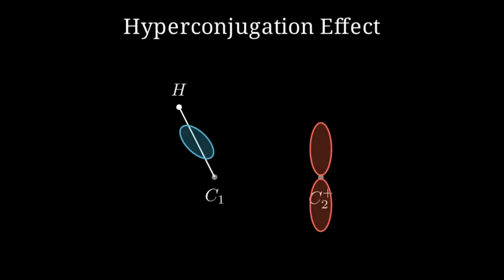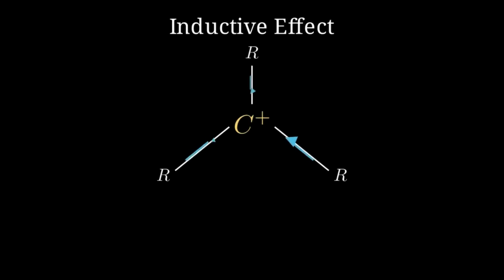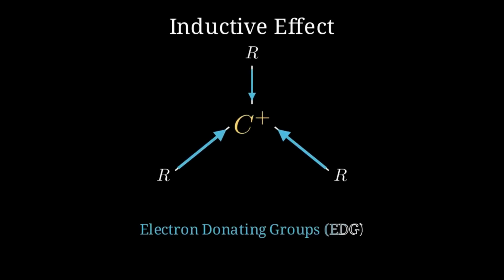Stability is achieved through hyperconjugation. This occurs when the electrons in adjacent carbon-hydrogen sigma bonds overlap with the empty p orbital, partially neutralizing the positive charge. The inductive effect also plays a role. Alkyl groups are electron-donating. They push electron density through sigma bonds toward the positive carbon, spreading the charge over a